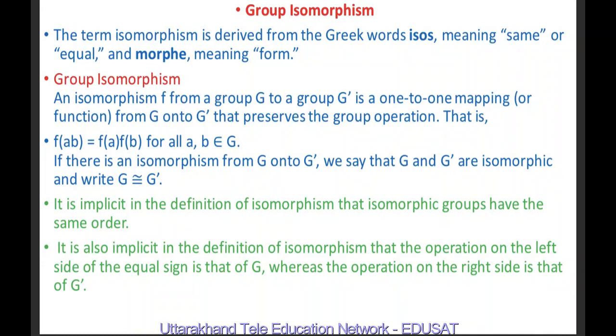For example, we observe that when we have a cyclic group of order n generated by a, the operation turns out to be essentially that of addition modulo n. Since a raised to r times a raised to s is equal to a raised to k, where k equals r plus s mod n. For example, each of U43 and U49 is a cyclic group of order 42, where a raised to r times a raised to s is equal to a raised to r plus s mod 42.